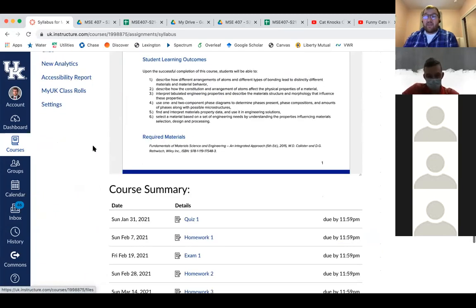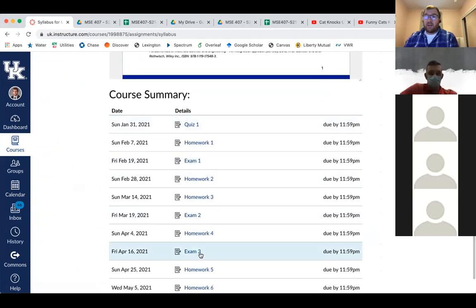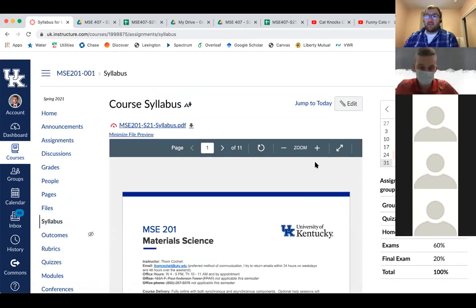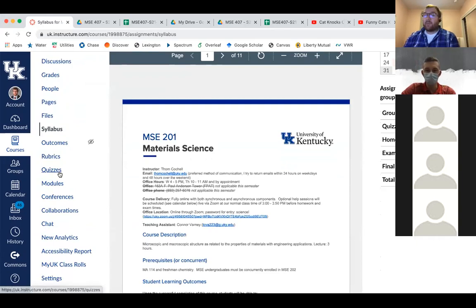Canvas also does some things for their syllabus page, like putting assignments that are due at the bottom, and they have some other things over here on the right. So all of that's what you're going to see with the syllabus, and we'll go over that very quickly. Otherwise, there are going to be some quizzes, so you can find those here as well.